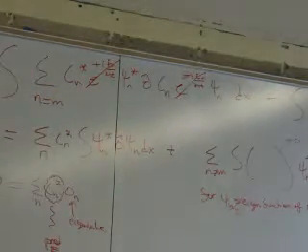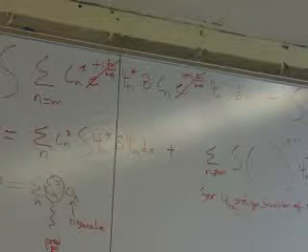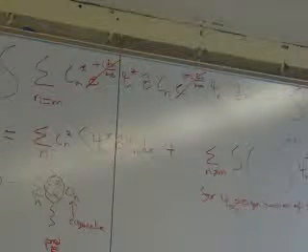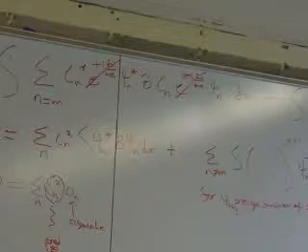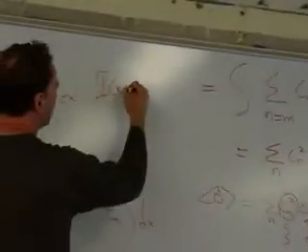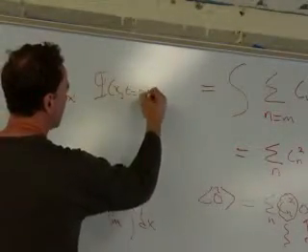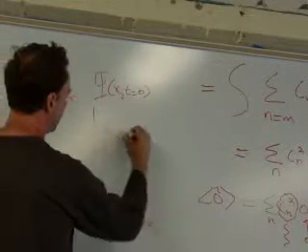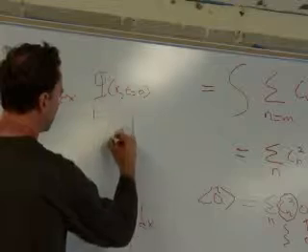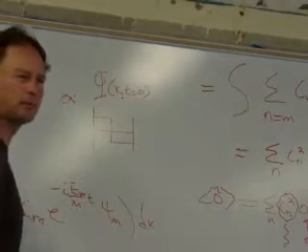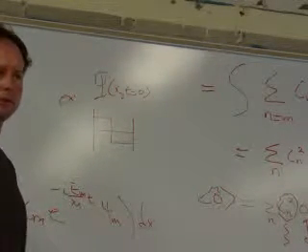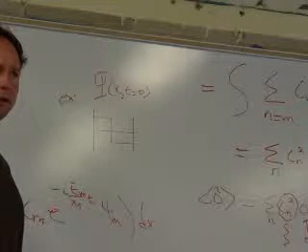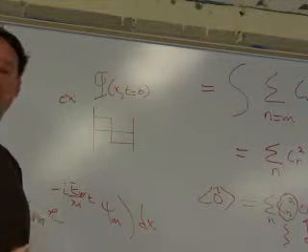For example, the problem I did was psi of x at t equals 0, the initial condition for an infinite square well, was something like this. Remember? And then when we went and found the Cn's,